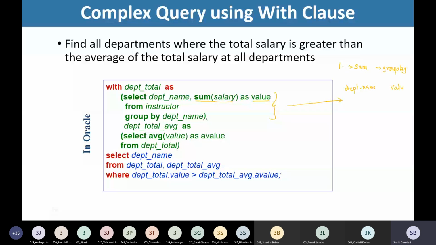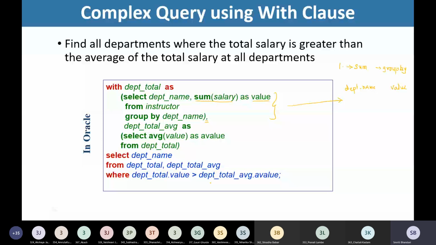Department name along with value, storing the sum of salaries per department. Right? Now, see the syntax. We are done with this first temporary relation, so we are putting here the comma. Okay? Now, we are creating one more temporary relation.